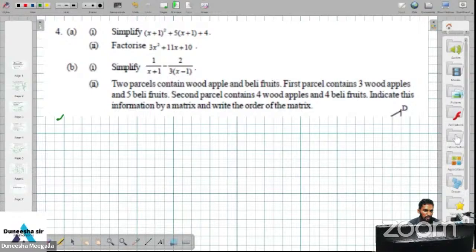Okay, did you do the first one? (x plus 1) squared plus 5x plus 1 plus 4. (x plus 1) squared, what is this? If we expand it, what is